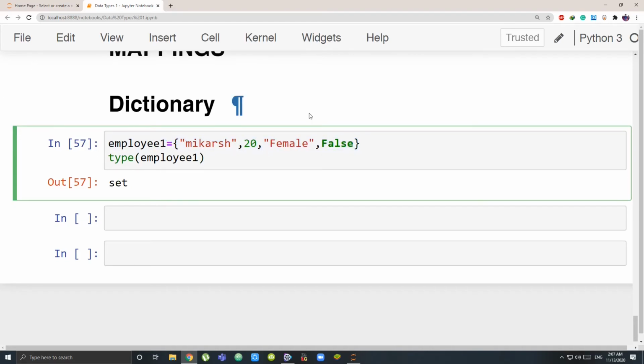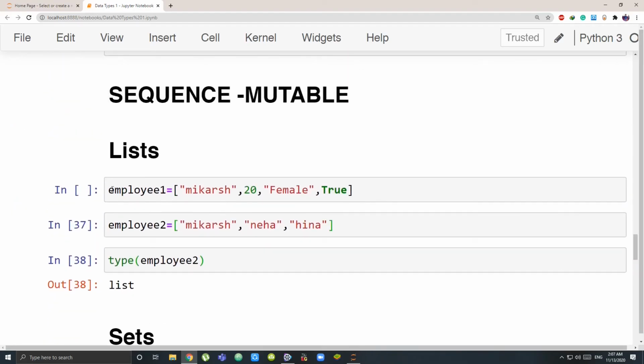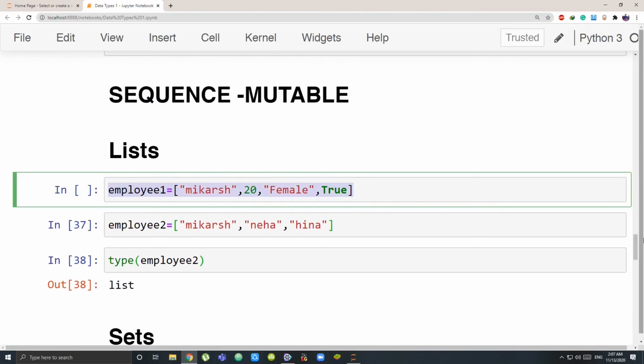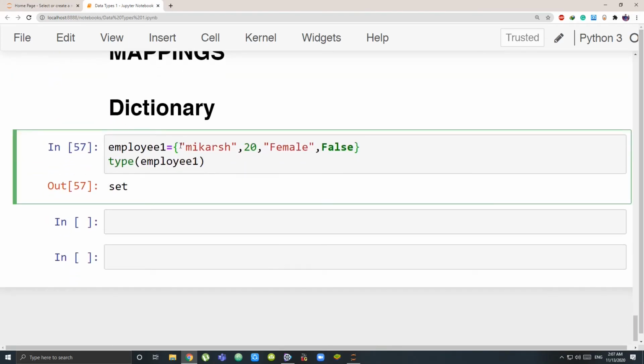This was what we stored as a list. Do you remember this? Let's go back and see the list. I had stored the same thing as a list. Now what new benefits can I have when I'm storing it as a dictionary? For each element, what is this? What is name? What is Mikash? Mikash is the name. So Mikash being associated with position 0, it's better than that. It's given the name. So what is Mikash? Mikash is not position 0. Mikash is name.